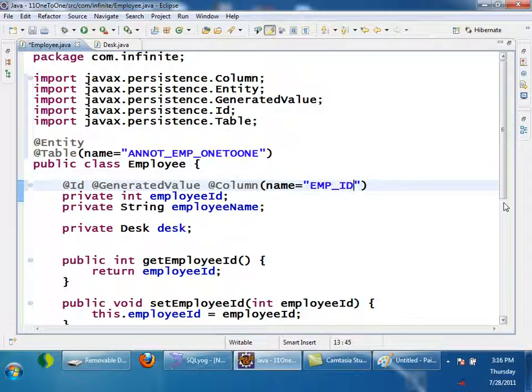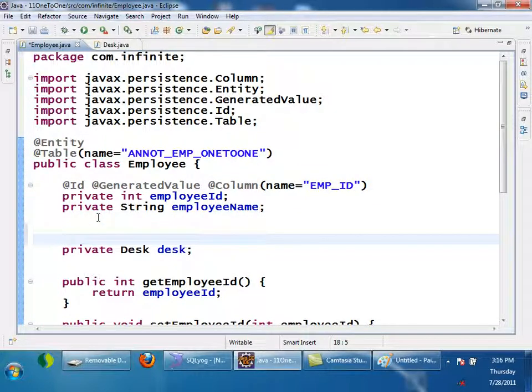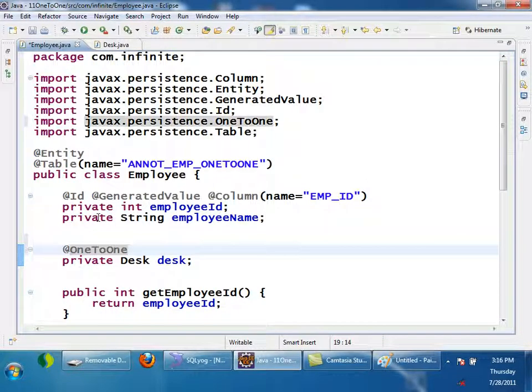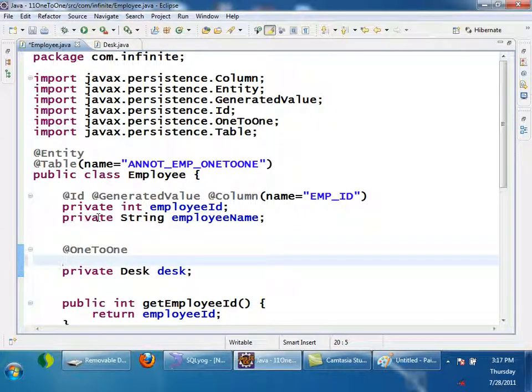Then coming to desk, this is the column which is representing the one-to-one relationship. So make this one-to-one. Now on this one-to-one I can use join column.